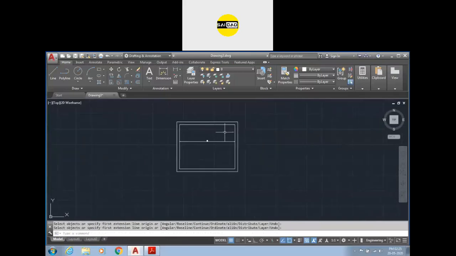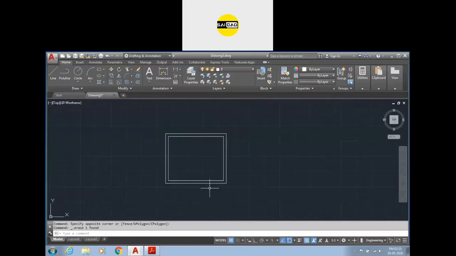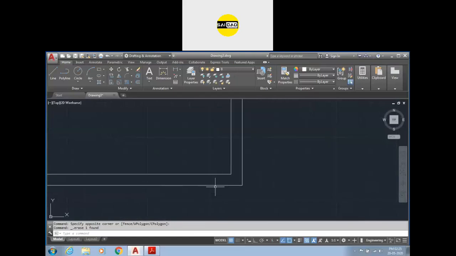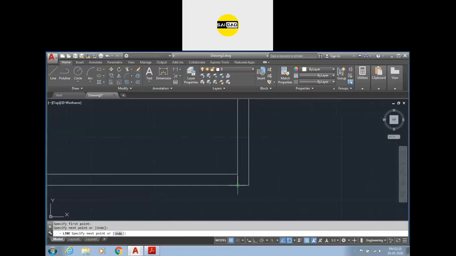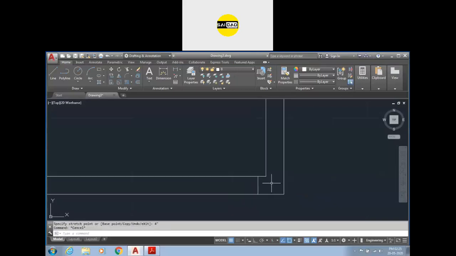Okay, so suppose this is the area we need, this is the room we need. Now we have to define the location of the door and the location of the window. Suppose I need the door somewhere here. So you have to just create a line here. And if you want to place the door somewhat offset from this wall, you can just create an offset. Like I want an offset of 4 inches. So the line should be moved 4 inches here.